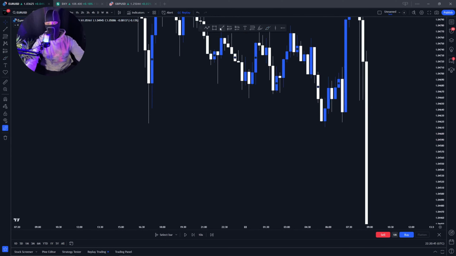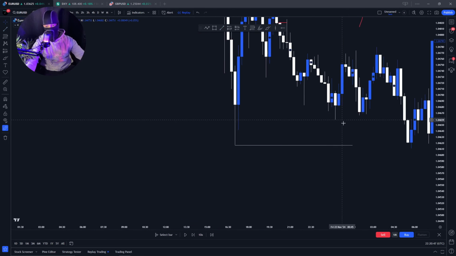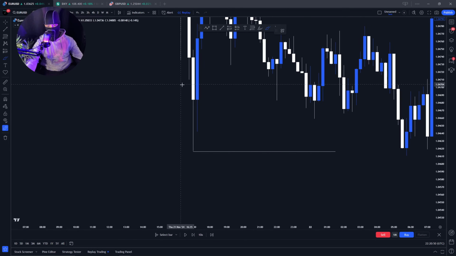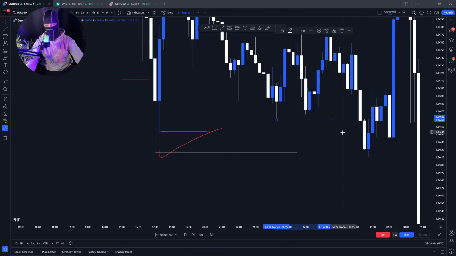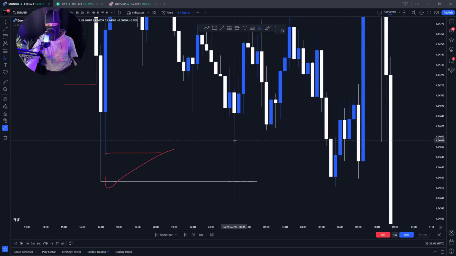Now let's look at some swing lows. You can see this candle here is a very obvious swing low. How do I know? Because the candle on the left is all the way up here and the candle on the right is all the way up here. So this one, because it dips down the most, is my swing low. Again, this here is a swing low. How do I know? Because the candle on the left is all the way up here, the candle on the right is all the way up here as well. This is my swing low.